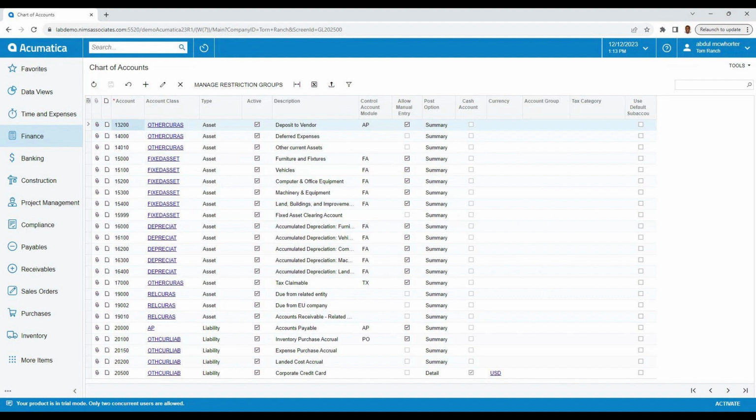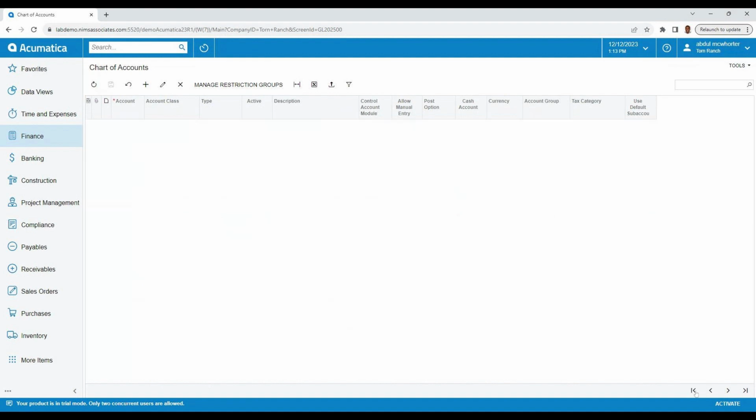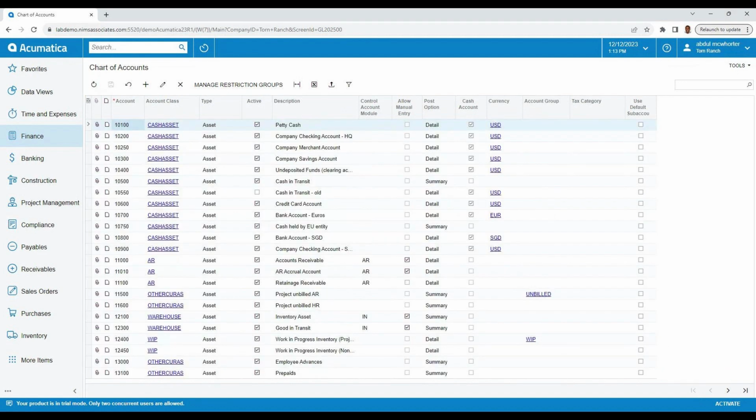Let's go down here to control accounts. And what are control accounts? A control account in Acumatica is basically a general ledger account that aggregates the balances of the subledgers. In this case, you can see the designation here by AR. This is designated as an accounts receivable control account, meaning it aggregates all of the balances from all of the other accounts receivable accounts and so on and so forth. That rings true for